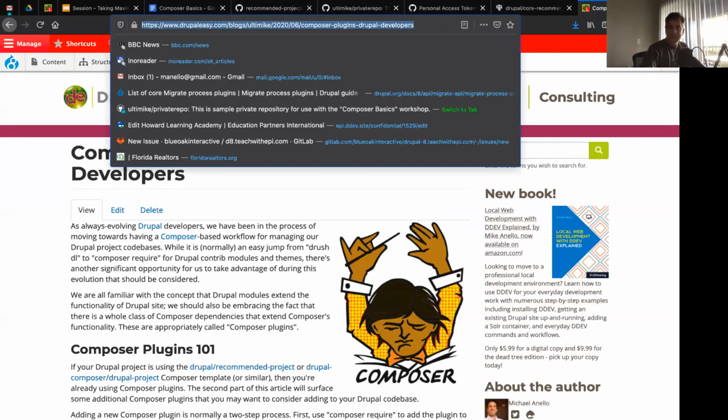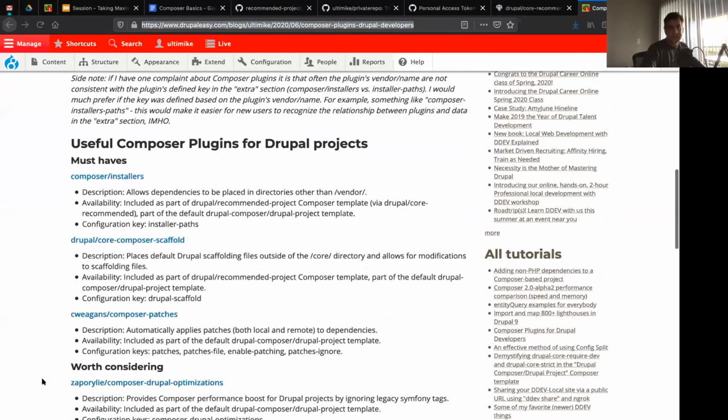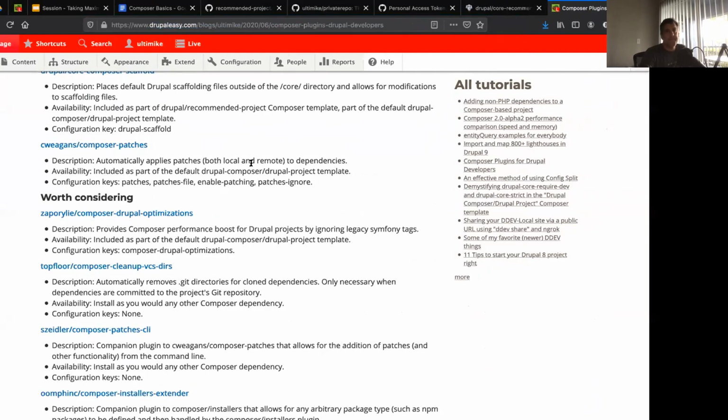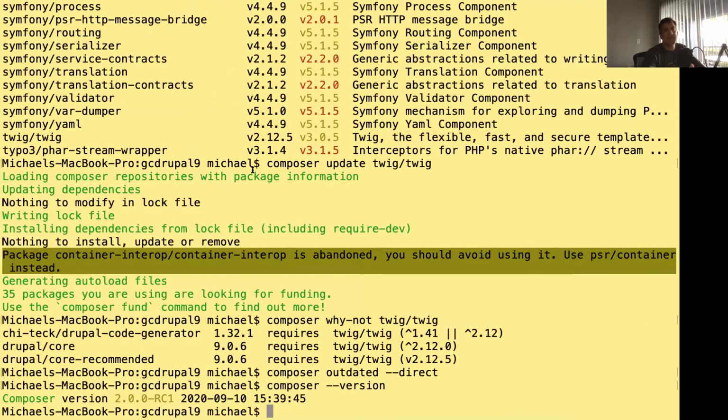Yeah, so Prestissimo is one, and there's another one. I always forget the name of it. Yeah, this Composer Drupal optimization is one. There are things that speed up Composer. Prestissimo enables parallel downloads. I tend to not use any of them. I mean, they help a little bit. For me, they never really helped enough to make it worth the while. Yeah, and Tim just put the link up to that one as well, so I appreciate that. Yeah, and Allison, you're right. I believe the Pantheon